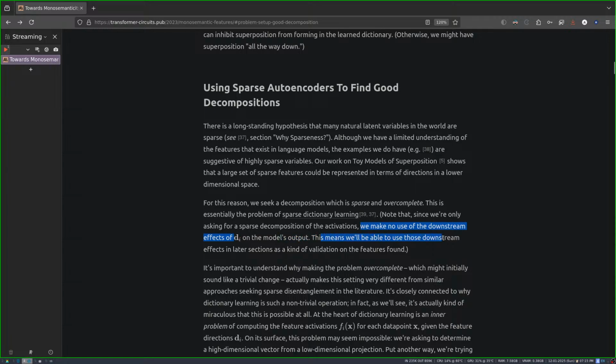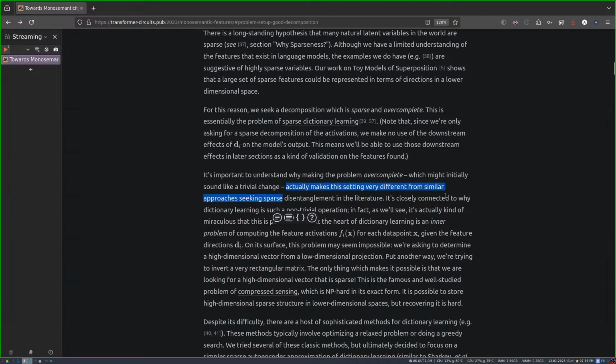This means that we will be able to use those downstream effects in the later sections. So, I want to understand why making the problem overcomplete, which initially sounds like a trivial change, actually makes the setting very different from similar approaches. It's closely connected to why dictionary learning is such a